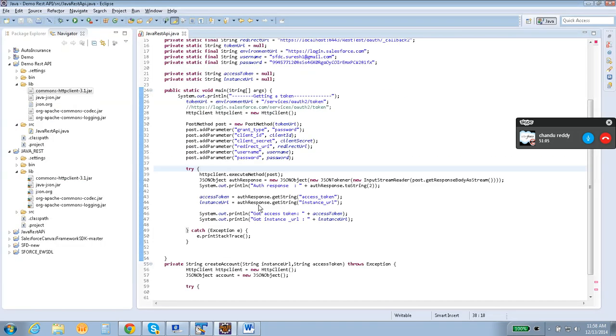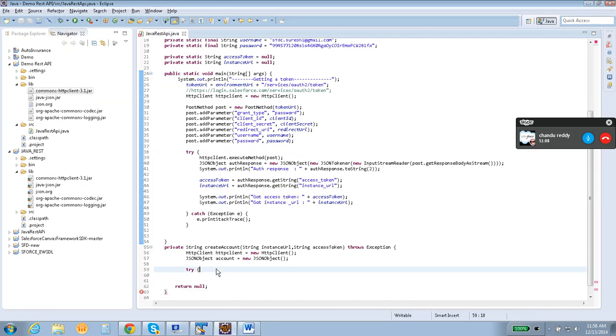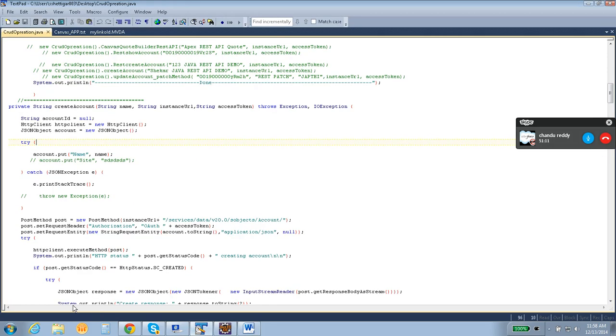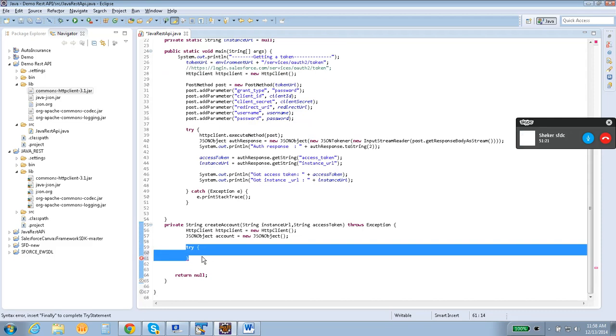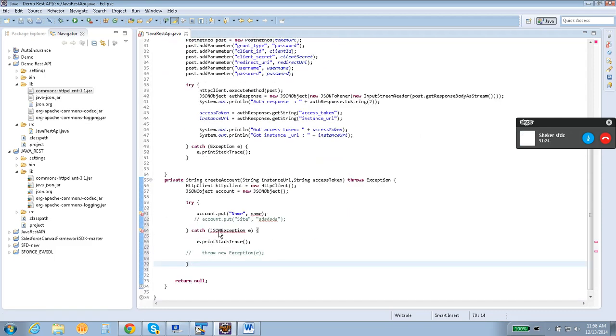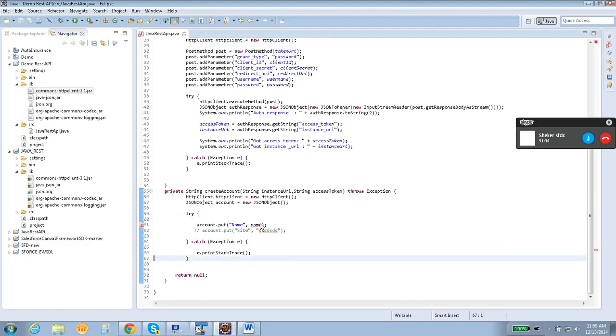Now as I said previously, we are passing the data as JSON. JSON is nothing but a key value pair. Let's say account, this is nothing but a JSON object. So I have created a JSON object. You know how an object is having a set of properties, whereas JSON is nothing but,